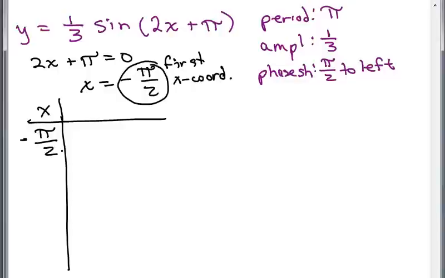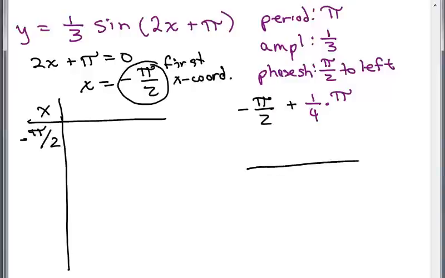Now we need to get the rest of these, and I think I'm going to have to write this like this to get it to fit. Okay, there we go. So then how would I get the next x-coordinate? Well, if you start at negative pi over 2, and we've got a period of pi, remember, we need to add 1/4 of that period, so we're actually adding 1/4 of pi. So what is a way of thinking about it? Here's negative pi over 2, and you want to end up pi units,